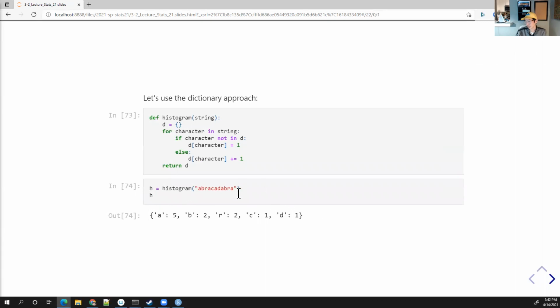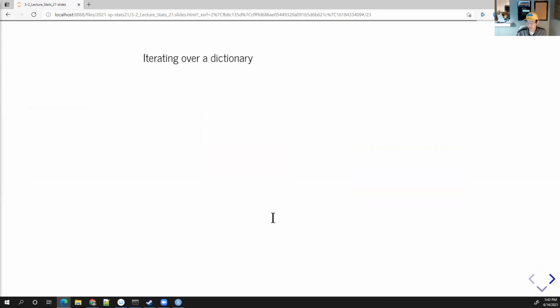That's that. And so this is, I think, pretty neat. Simple code using a dictionary does exactly what we need it to do. If you want to print it out, you can iterate over a dictionary. So you can just, for every key in the dictionary, if you take the dictionary and you iterate over it,